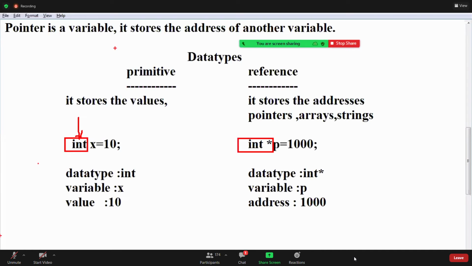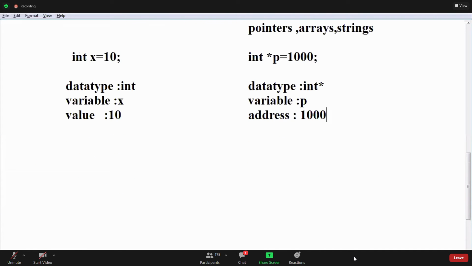Guys, completed. Next, we discuss two special operators. What are the two special operators, guys? You know that.